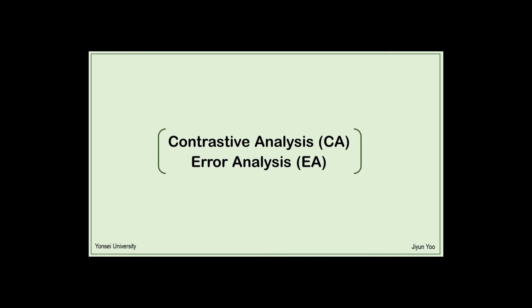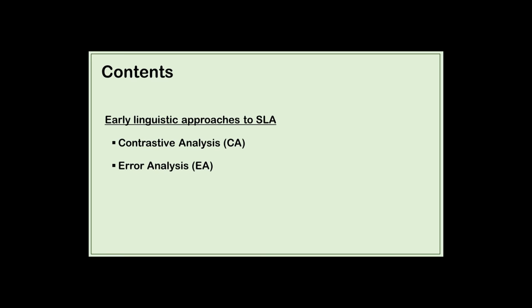Contrastive analysis and error analysis. This video is designed for university students who are majoring in English linguistics. The contents of this video are as follows. This video mainly focuses on contrastive analysis (CA) and error analysis (EA), which are early linguistic approaches to second language